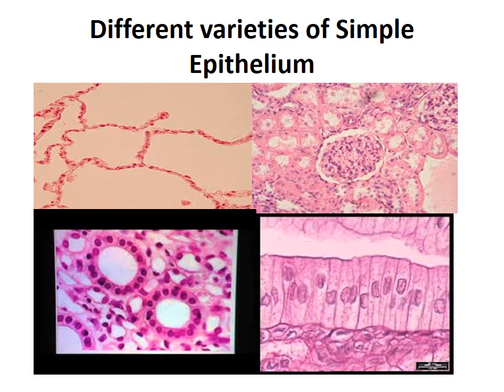Now you can see the photomicrograph of the simple epithelium. This is the photomicrograph of the lung tissue. These are the alveoli of the lung, and these simple squamous epithelial cells are lining the lung alveoli, and because of their thin appearance, the simple diffusion process can take place. The transport of oxygen and carbon dioxide can take place easily through these thin epithelia.